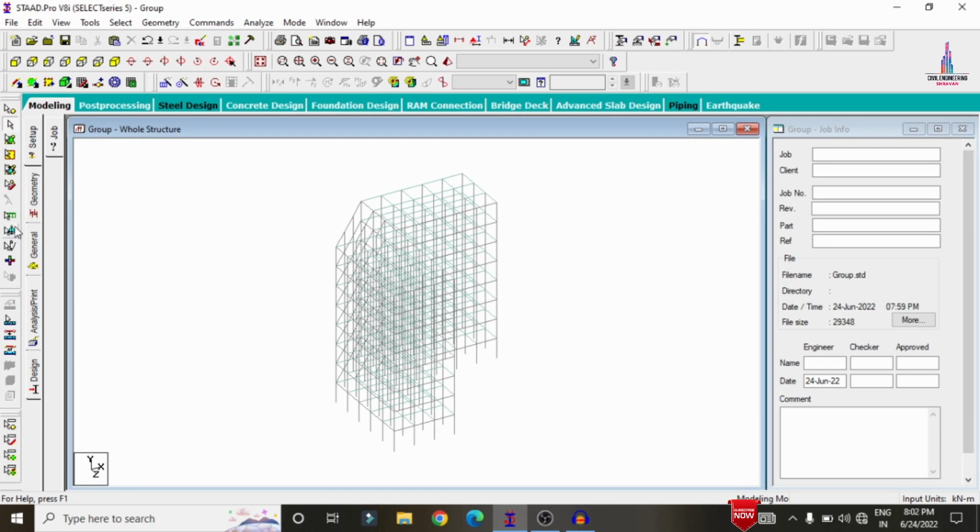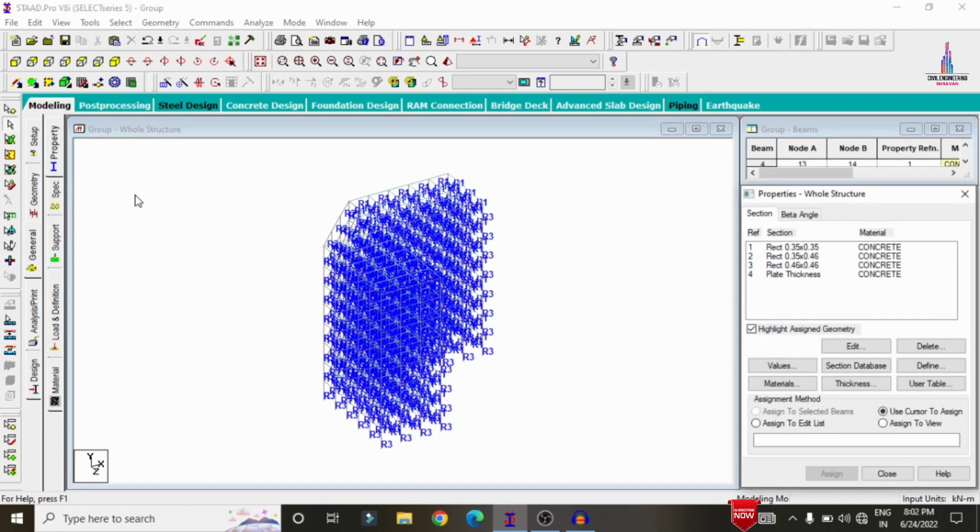Before applying any kind of property like the beam size, column size as well as the slab thickness for the building structure, it is important to create the groups under certain building consideration sections. In this example there are 4 types of property, which are the beam sections, column sections, slab sections as well as the inclined member section. In order to apply the dimensions of the beam, column, inclined beams as well as the slab section, we created 4 types of groups.